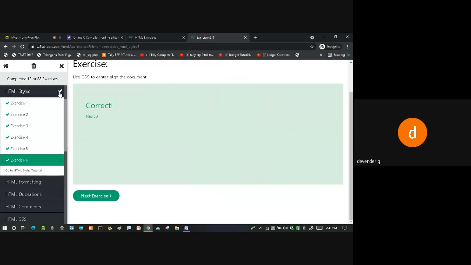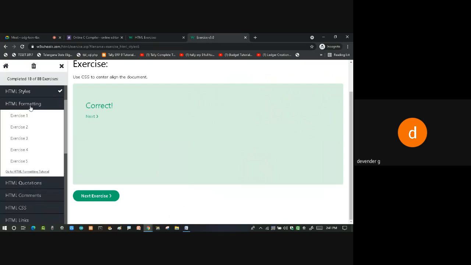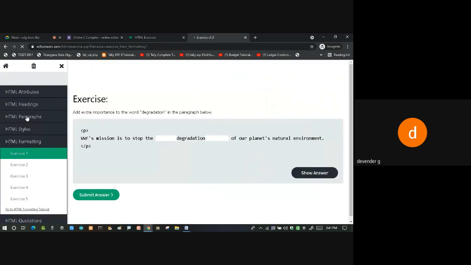So we have seen about the styles. Then we'll see something about the formatting. So formatting the text. So I have some message, and I need extra importance for this word.